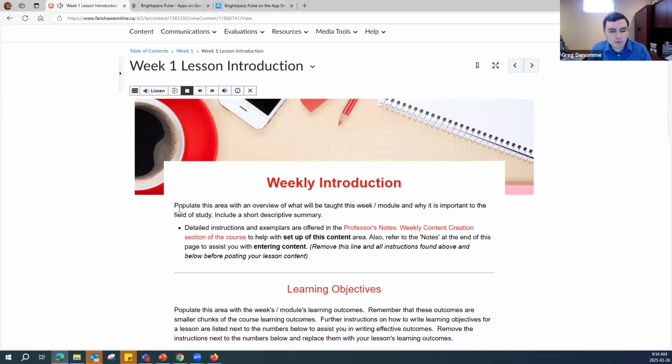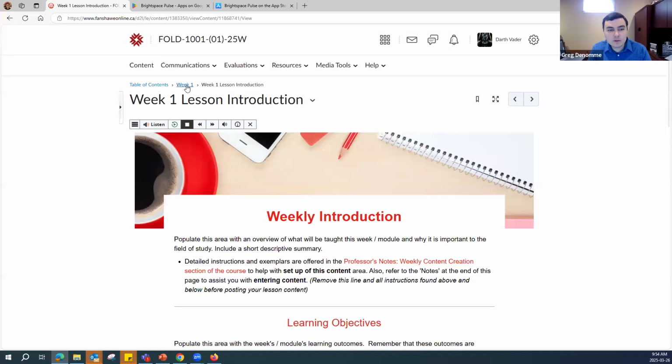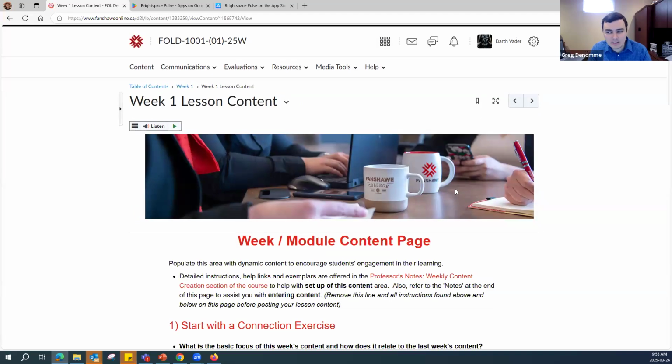So you can see as we were going through here, it was highlighting the text and it was reading it out loud to me as it was going through the content. Now, after I've finished viewing this page here, I can either go back to the week 1 module or folder by clicking on week 1, or if I know that I want to move on to the next content item, I just have to click on the next arrow and that would bring me to the next content item. So I'll just click on the next button here and you'll see that it brings me into the next content